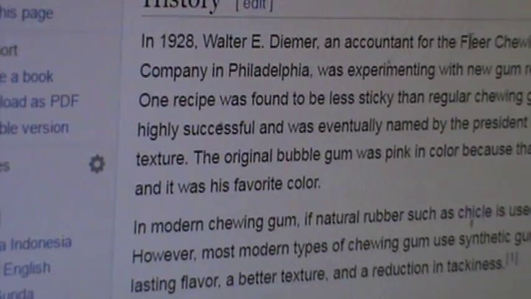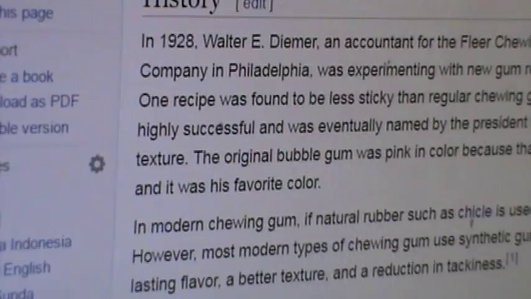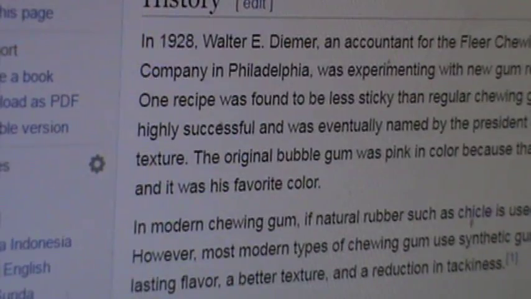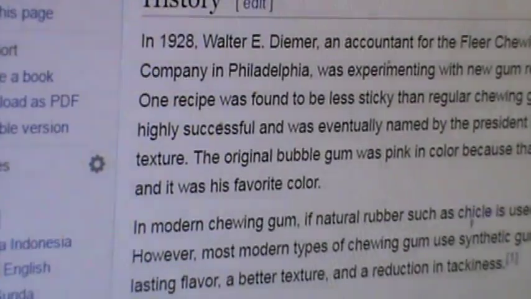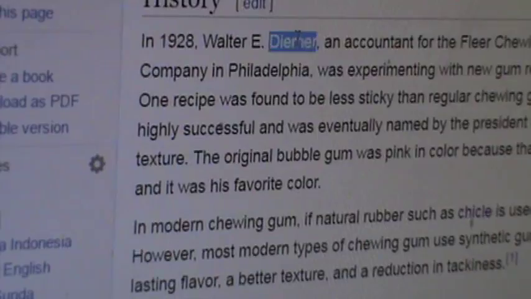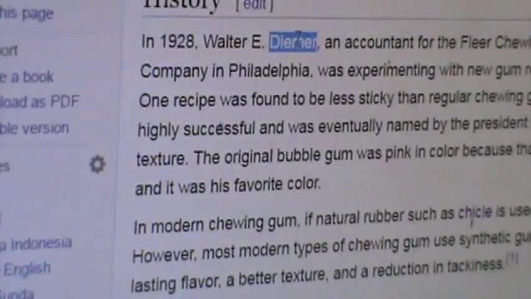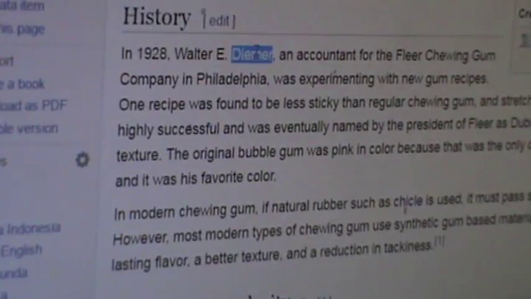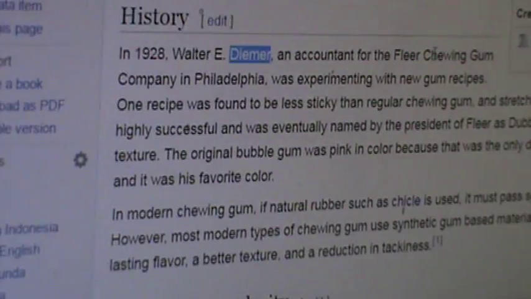So wait a sec. This is Fleer plus 1. Double bubble. Oh man. Oh boy. His last name equals love. You gotta be kidding me. Dimer equals love. 6 letters and 18 strokes. The Fleer Chewing Gum Company. I must say, double bubble is a Father Christ combo. It yields 90 flawlessly. Double bubble.